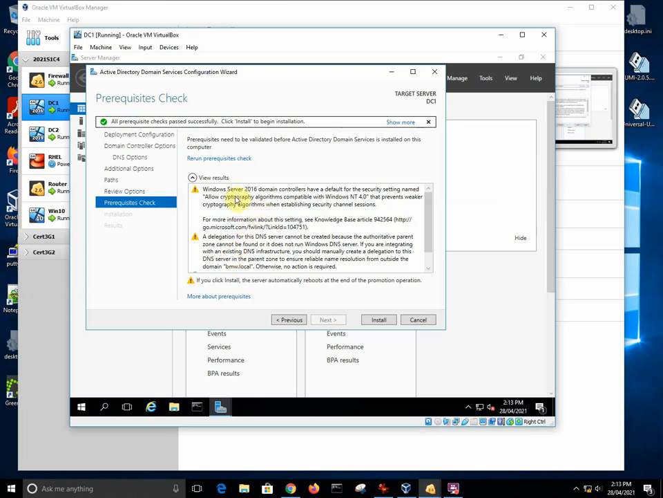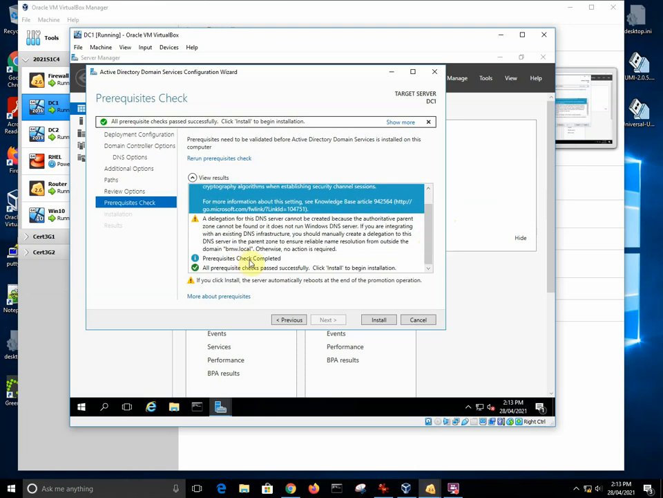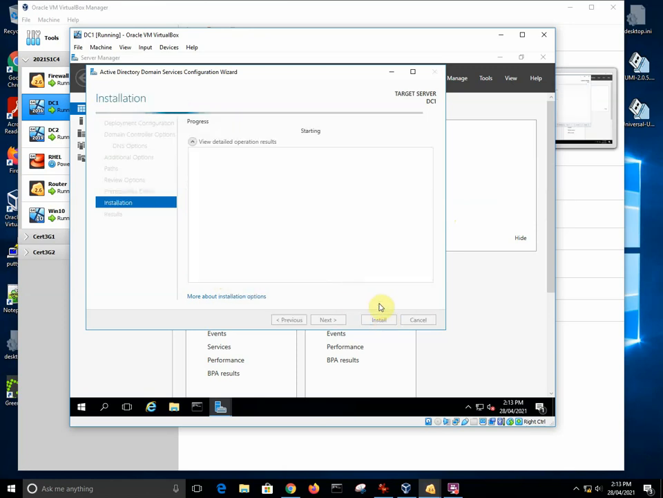This other thing here is just a warning to say that we're compatible with NT4. So this is compatible with Windows NT4, backward compatibility. So that's okay. If we drag this down, we can see that the prerequisite check completed and it all passed successfully, and we can just click install to begin the installation. We've also got a little green tick up here that says passed successfully, click install. So we're just going to click install, and this is going to install